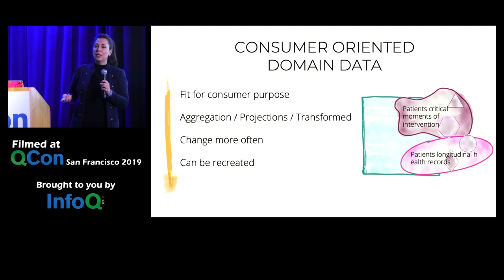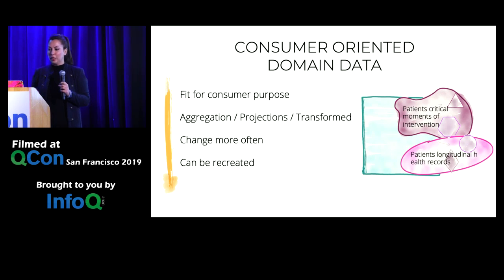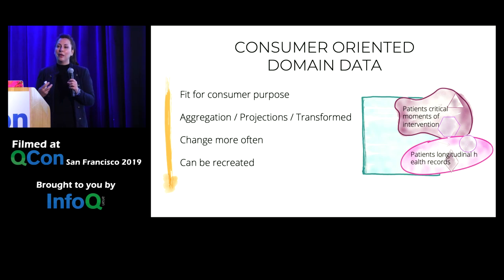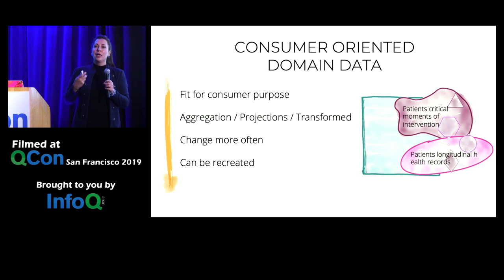And then you have domains that you are reifying. You're basically creating them based on the need of your business. So these are aggregate data domains. In this example, I put the example of patients' critical moments of intervention, which is actually a wonderful use case and a data set that the client I'm working with right now is generating by aggregating a lot of information about the members' behavior, their demographics, the change of address, and applying machine learning to find out